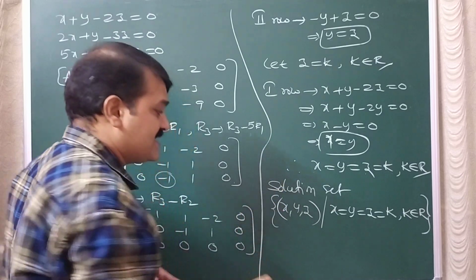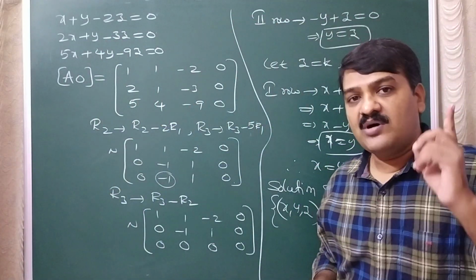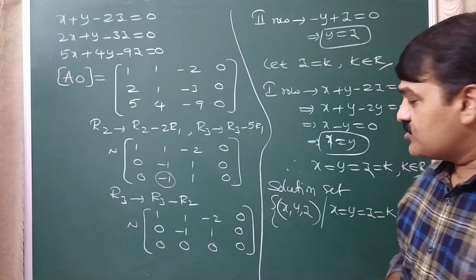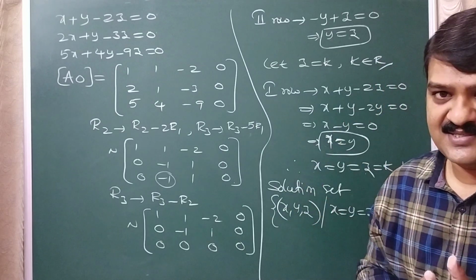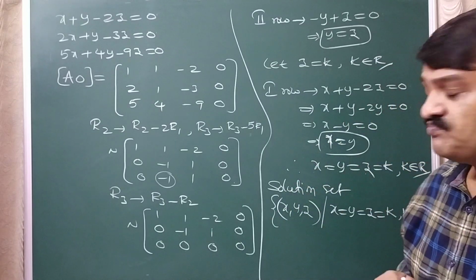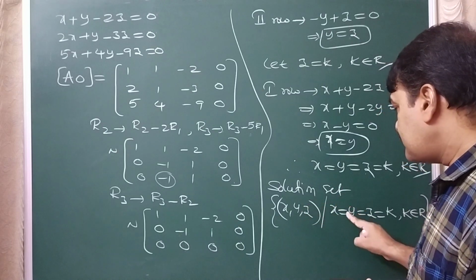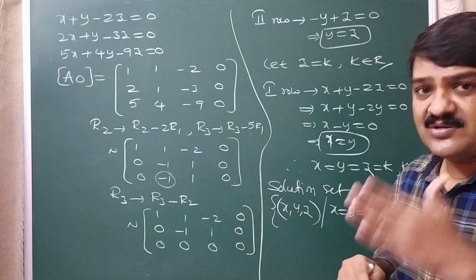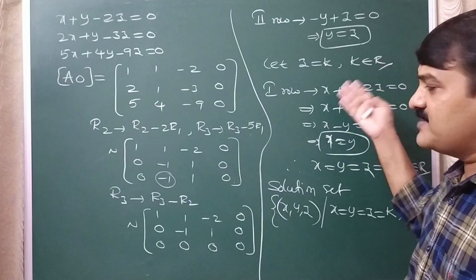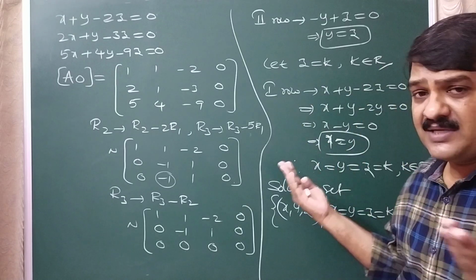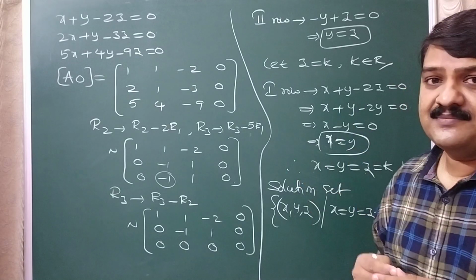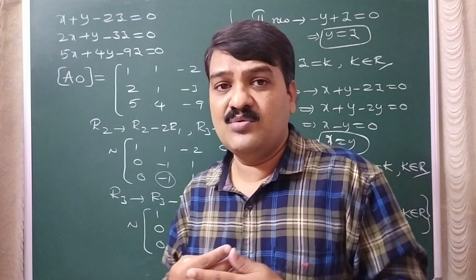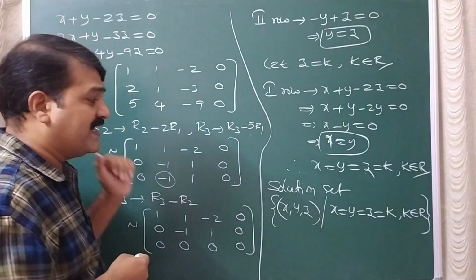So when the system has infinite solutions, you always have to write a solution set. Infinite means a number of solutions will be there, so therefore you have to write the set of solutions. That is nothing but the solution set. So always try to write the solution set by taking k in place of either x or y or z, but that is your wish actually. Take k, and try to represent all the solutions in terms of k like this. So this is how we are going to solve when the system has infinite solutions.